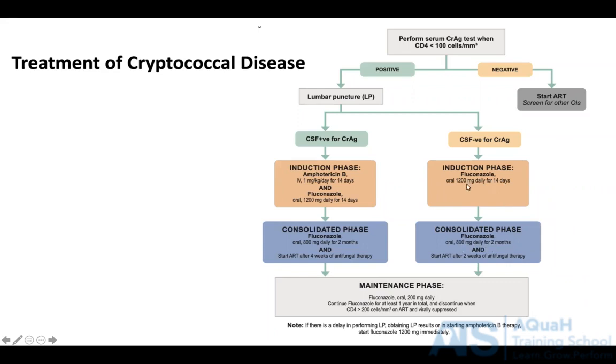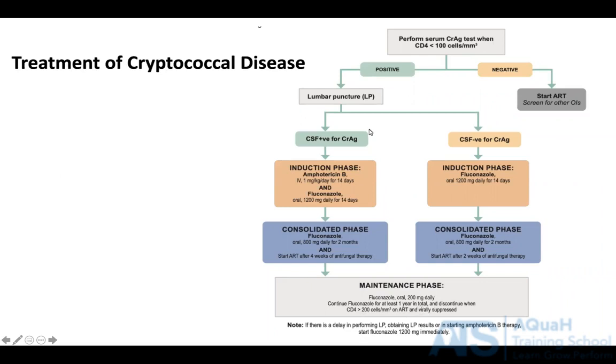At the time we reduce the fluconazole, we also start the patient on ARVs, whatever regimen would be suitable for your patient. After 2 months of the 800 milligrams of fluconazole, we then reduce it to 200 milligrams daily for at least a year, and then discontinue this regimen when the CD4 count is more than 200 and the patient is virologically suppressed,